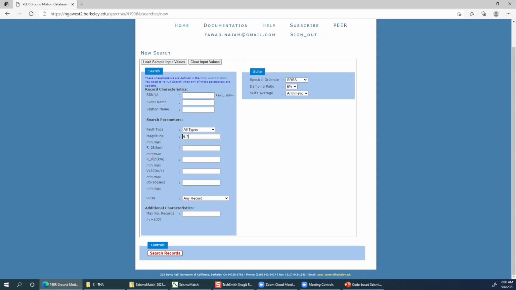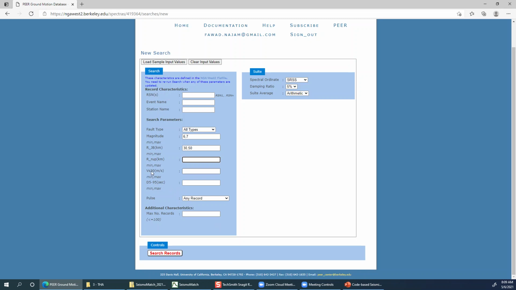And you have to provide a range, minimum comma maximum. So let's say I say 30,50, which means 30 kilometers up to 50 kilometers is my source to site distance. It will provide me only those ground motions which were recorded at a distance of 30 to 50 kilometers from the source which caused that particular earthquake. Similarly, R rupture can also be given. I will explain the definitions of R rupture and RJB now.